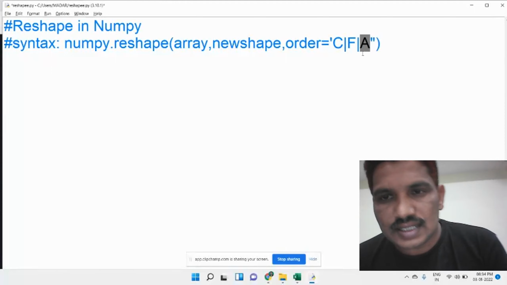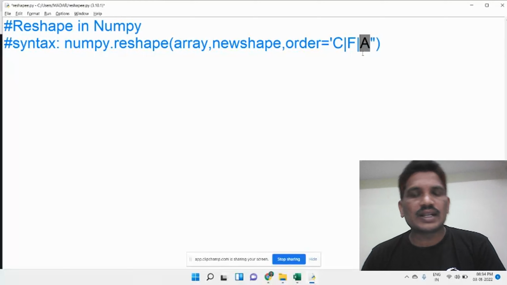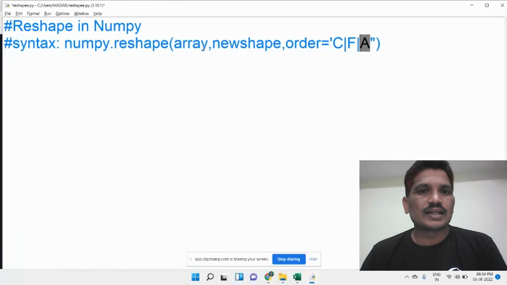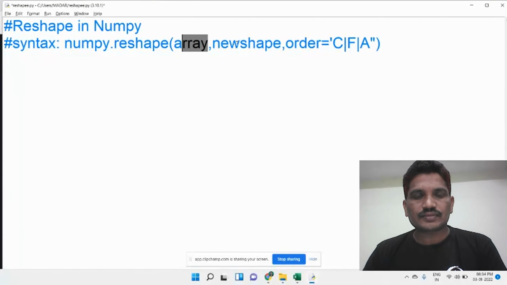A means Fortran-like indexing but with contiguous memory. So there are three arguments for the reshape function: the first is the array, the second is the new shape, and the third is the order.